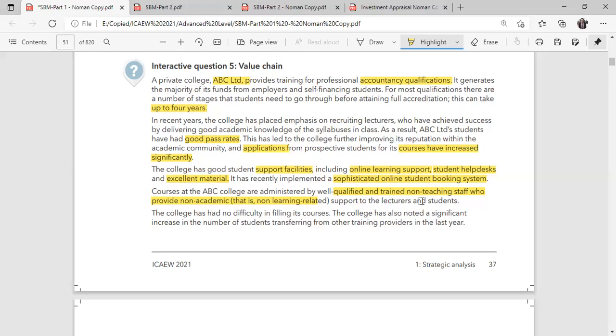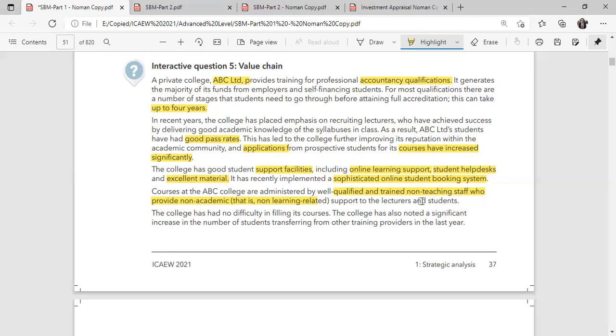So what about staff training, their CPD, continuous professional development, admin staff, different processes. And lastly, it is basically about the infrastructure. Infrastructure is a huge area. Infrastructure means the structure of our organization, the culture. What about our premises? What type of facilities are we going to provide? This is called infrastructure. So that was a brief discussion.